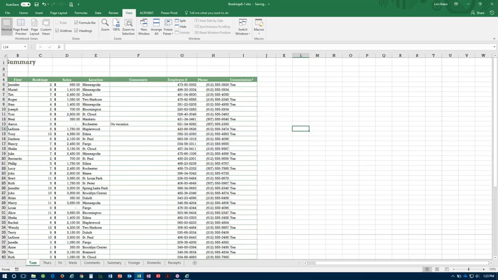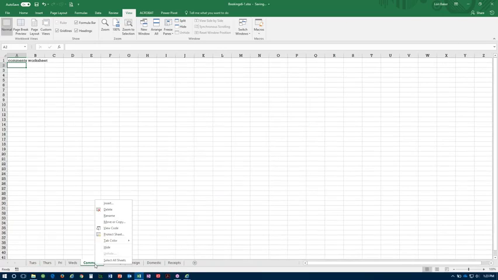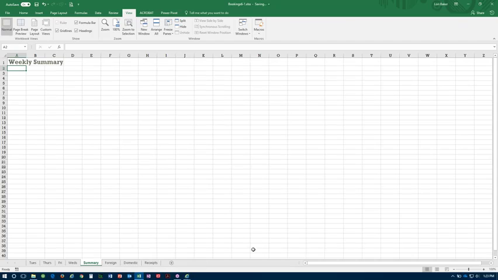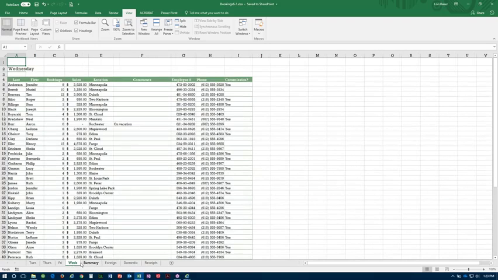Now, since we're on the subject of hiding things, let's take a look at hiding actual tabs. Down at the bottom, you can see I have Tuesday, Thursday, Friday, Wednesday, comments. Well, perhaps I want to hide that comments tab. To hide it, I just right-click on the tab and tell it to hide. Now, there is no way, shape, or form anyone who just opens this document is going to know there's a hidden tab here. There's no indication that says, oh, in between Wednesday and summary, there should be a comments tab,